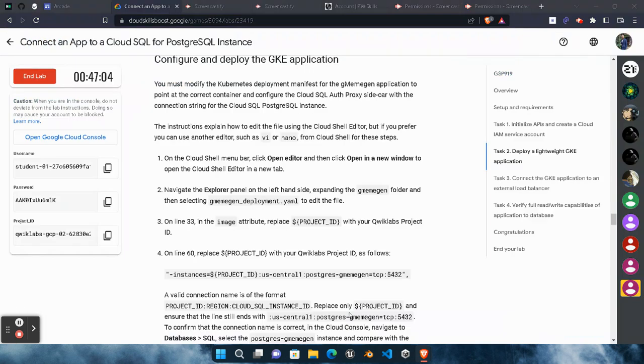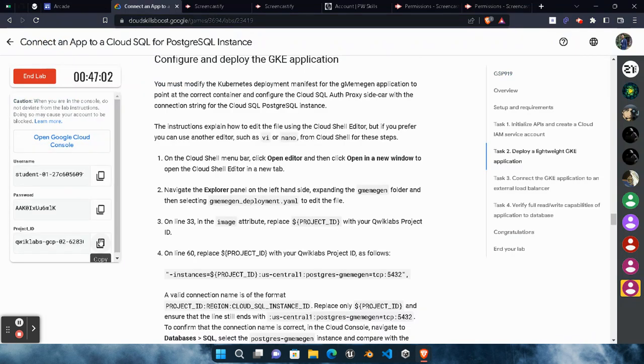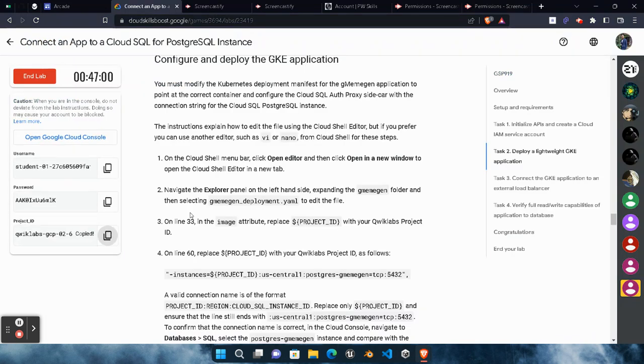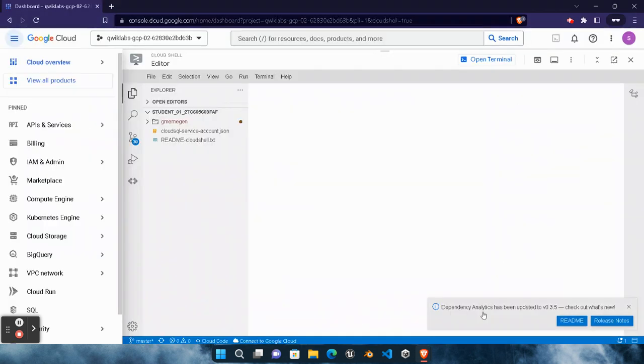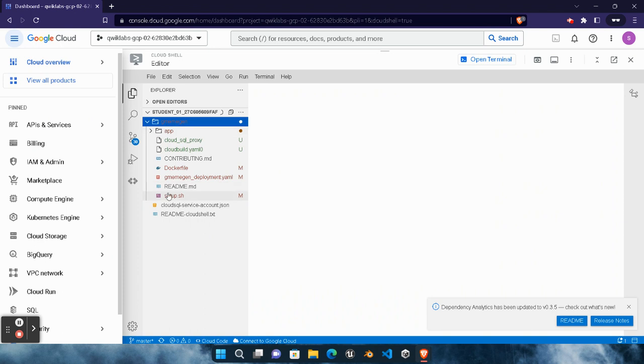When it's loading, come back to the lab page, copy this project ID, because we need to change the project ID. As you can see on the third point, on the line 33 in the image attribute, we need to replace this with our project ID, quick lab project ID, which is this one. So copy this project ID, come back to here. Once it's get loaded, click on this folder, locate this file deployment.yml, open it,